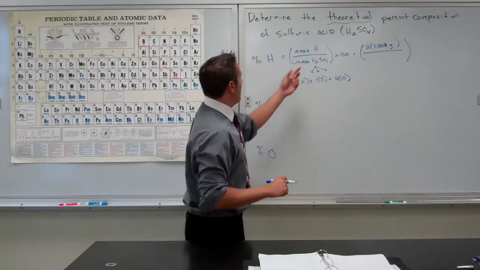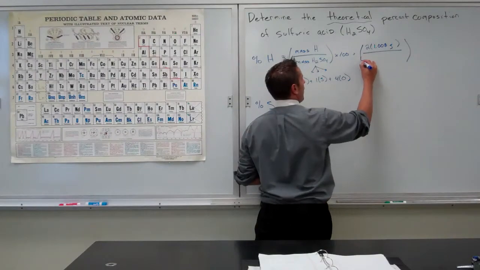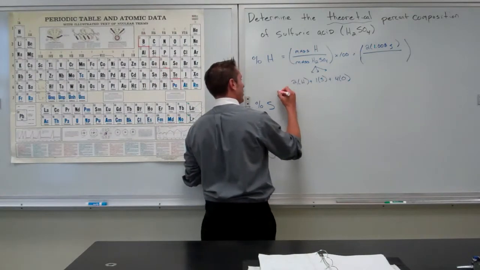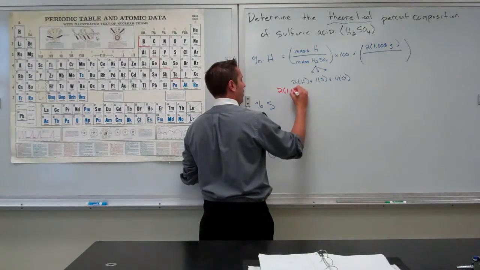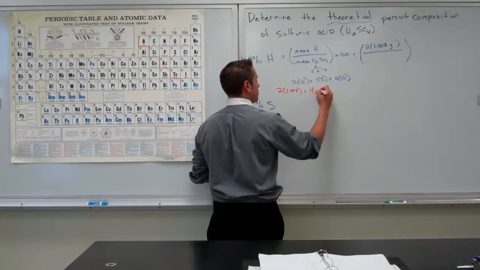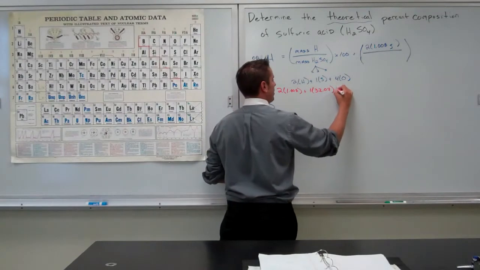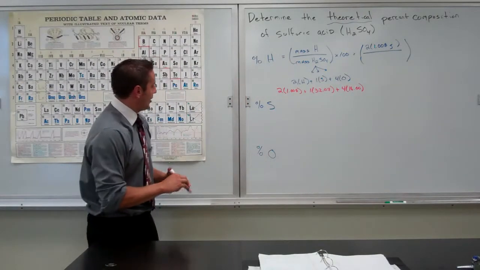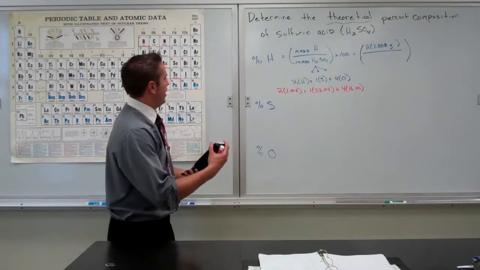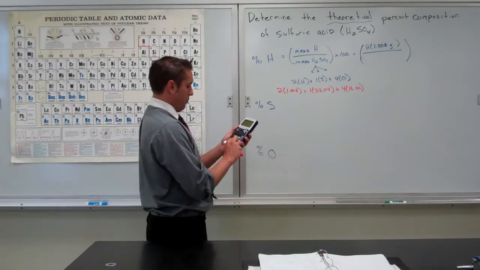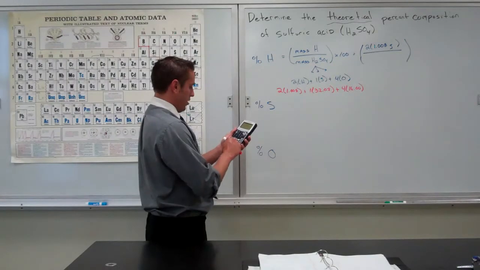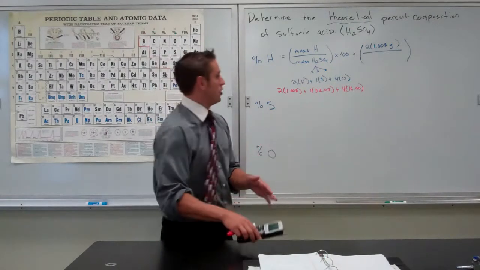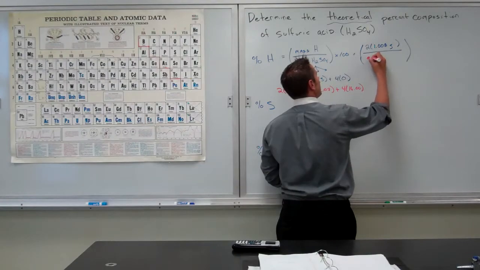Now, for the bottom, we're going to plug in the mass of H2SO4, but I'm not going to try to jam all that math in there. I'll do some legwork down here, and then we will plug it. So here we're going to take 2 times 1.008 plus 1 times sulfur, which is 32.07, plus 4 times oxygen, which rounds to 16.00. And if you get out of calc and do that, I'm fairly certain it's 98.08, but let's double check. So 2 times 1.008 plus 32.07 plus 4 times 16, and we get 98.09, so I'm glad we checked. Right, so this mass here is 98.09